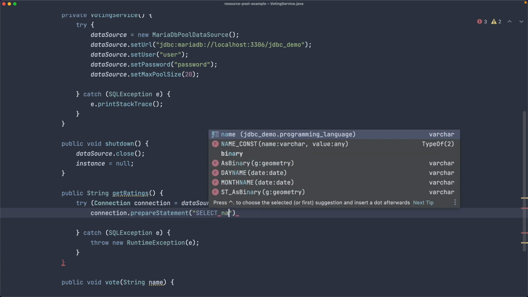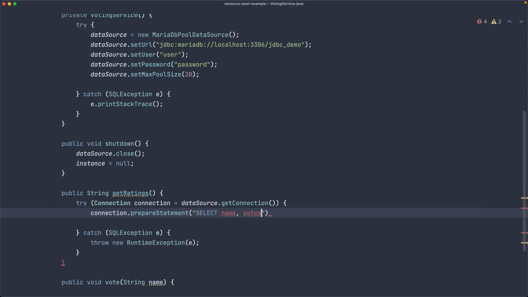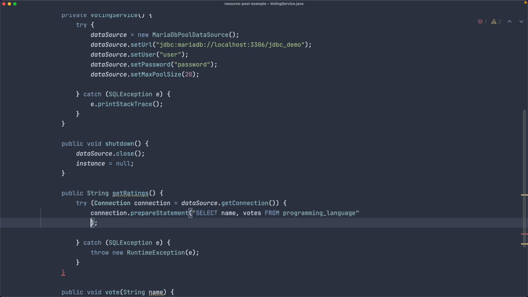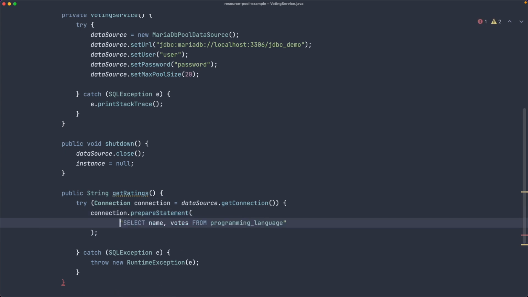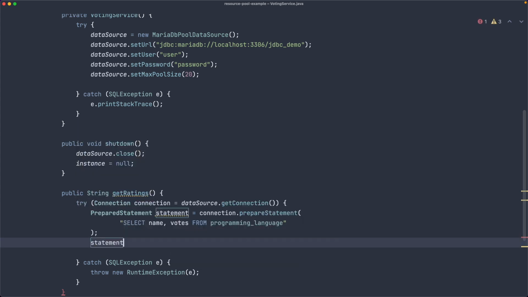Select name, votes. We'll change the name from programming language, all of them. And let me maybe format this like that, because we're gonna assign this to a statement. And the statement,